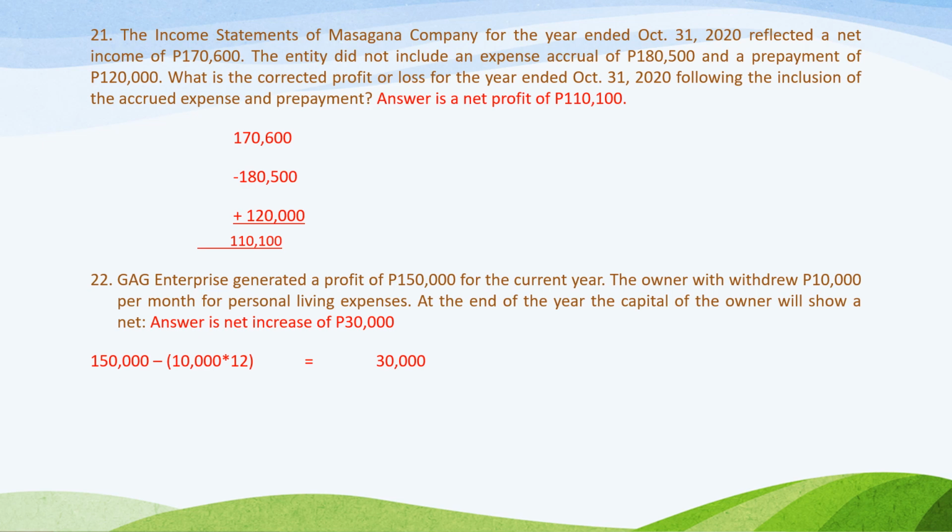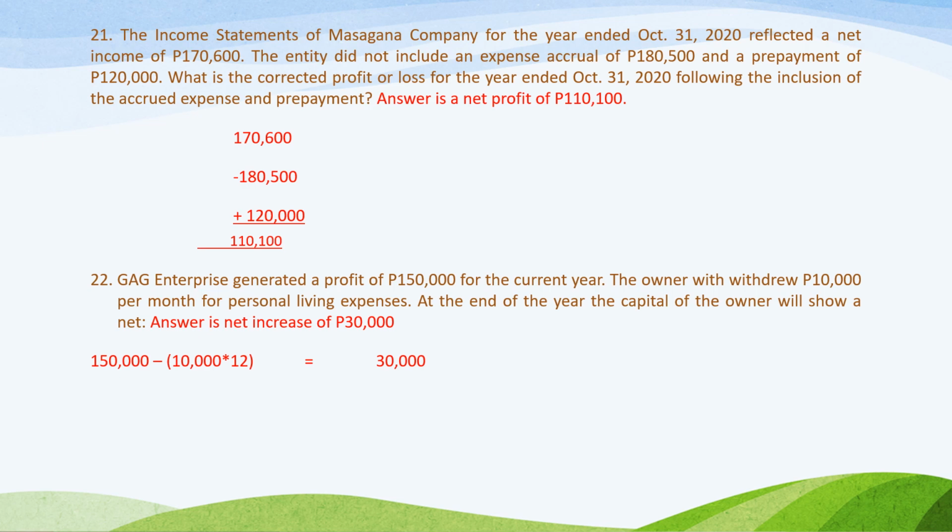We will deduct the accrued expense, which is 180,500, because this is not yet recorded. So that means expenses already reported is understated. So to make it correct, we will add a deduction of expense from the net income. Next, for the prepayment of 120,000, we will add back because failure to record prepayment of expense means that the expenses reported has been